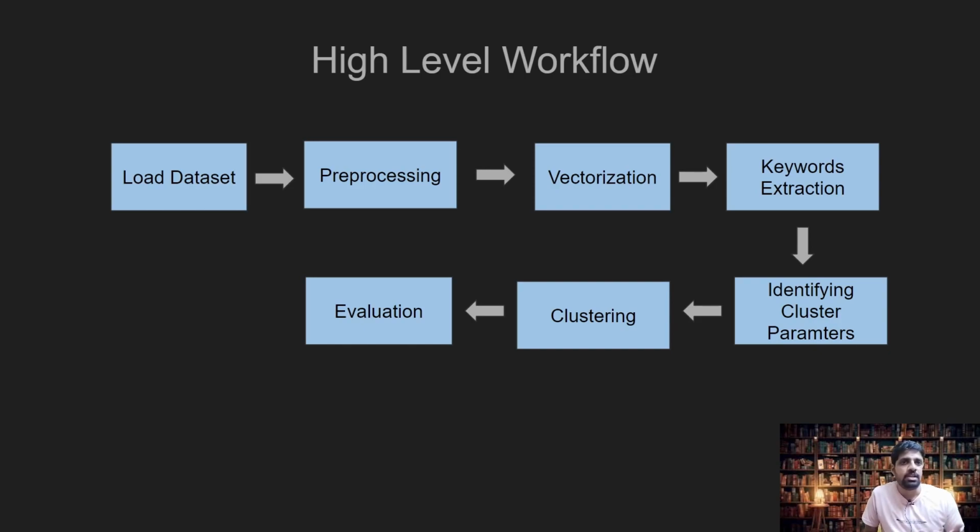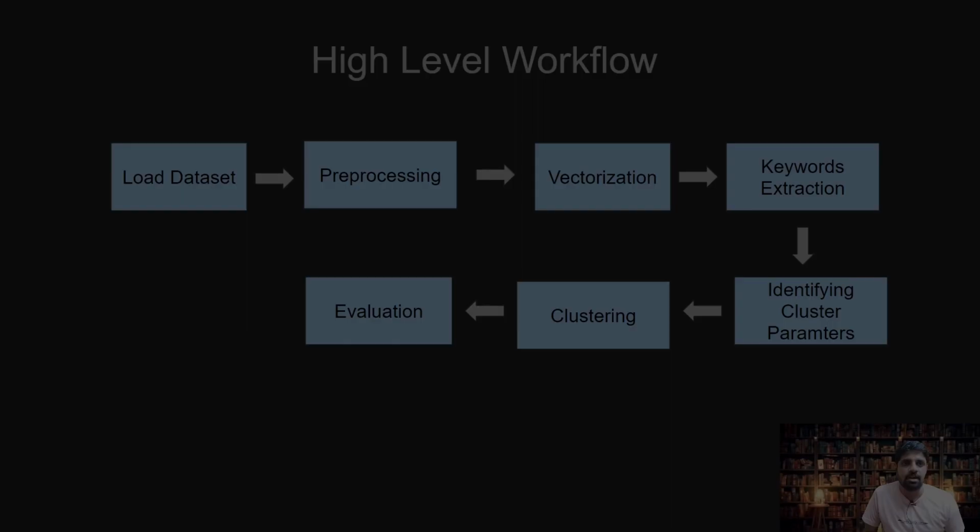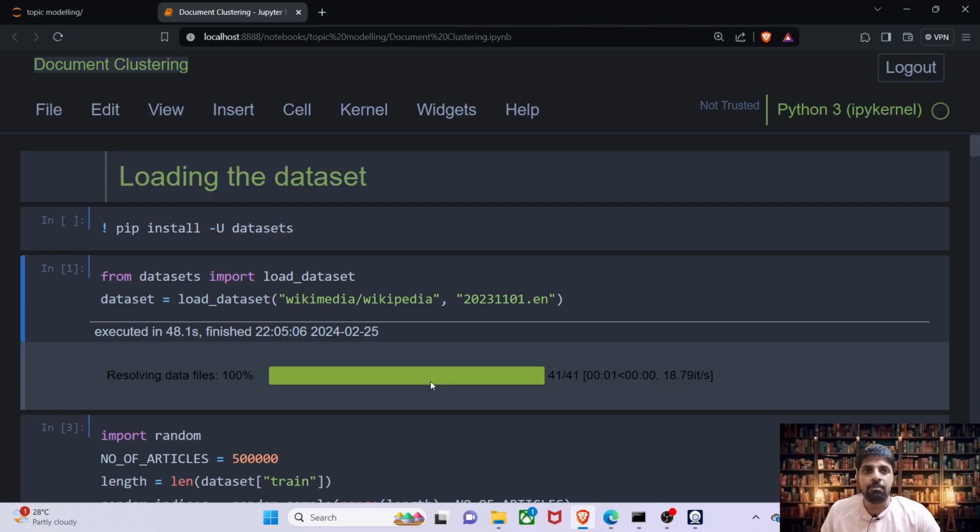And then we use the technique called TF-IDF to convert these string inputs into vectors. And we also performed a technique called keyword extraction where we extracted top K keywords from the articles. In this video, we are going to perform clustering and see how well these articles are divided into different subgroups. Let's get started. Before we go ahead and implement KMeans, let's have a quick recap of what are the code